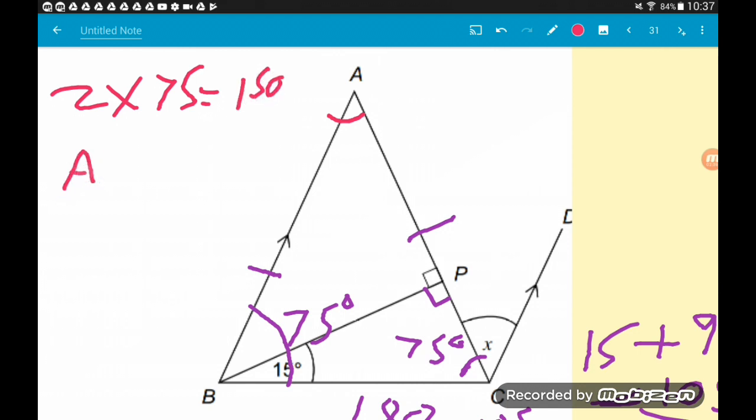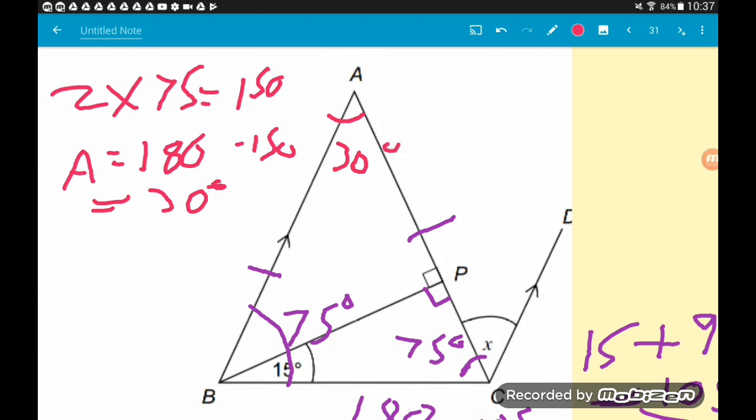So A is 180 minus 150, which is 30 degrees. Now that, funnily enough, is what we're trying to prove that angle X is. So, can we spot an angle relationship between this angle up here at point A and this angle down here at X? Well, it's not very easy to spot, but